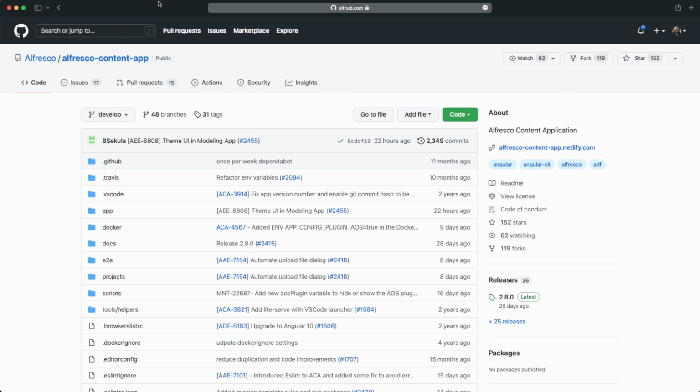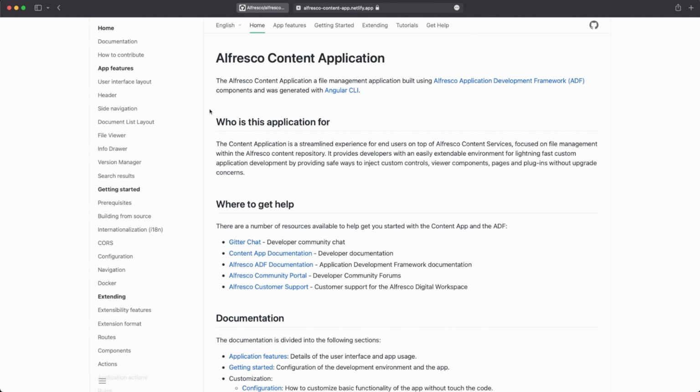And this application is the new UI for Alfresco that is replacing the legacy Share web UI that has been used for years. So this new application is relying on ADF, Alfresco Development Framework. This framework is based on Angular, so probably you need to learn some concepts related to Angular before starting with this tutorial. You have this link where all the information on deploying and developing this Alfresco content application,